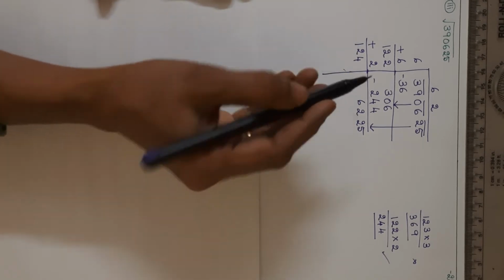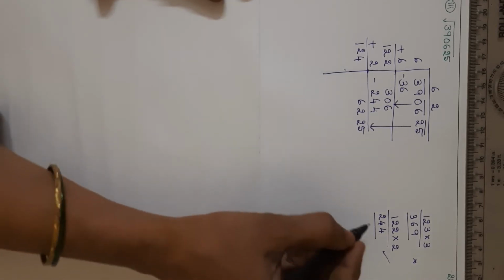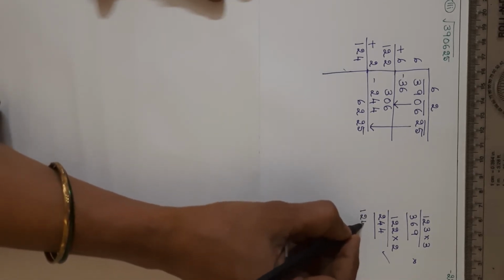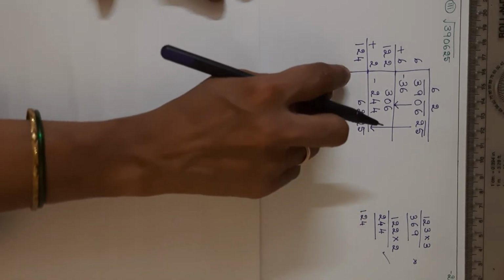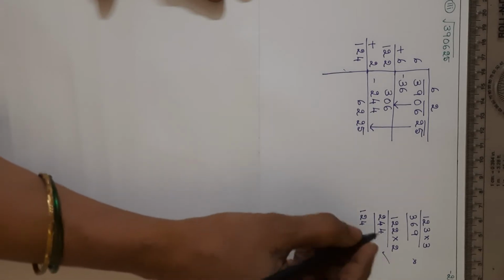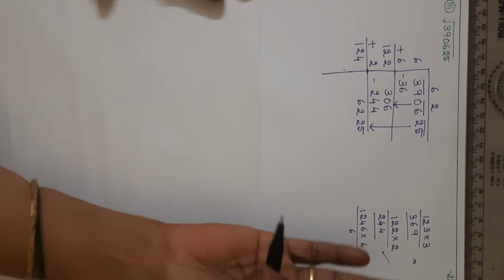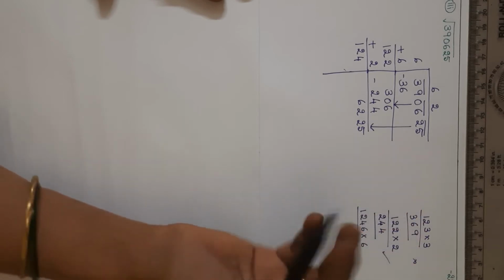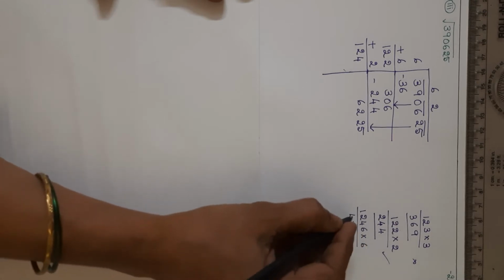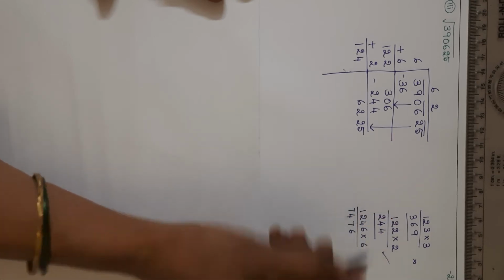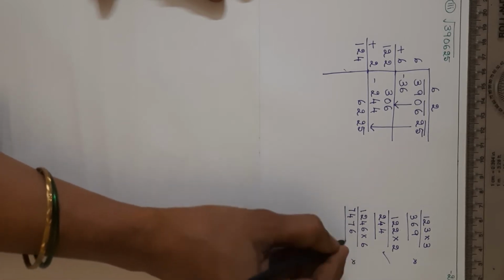1 and 6. 1 how much are 6? 1 6 are 6. This won't be. Now you know this is 5. So we have to put 5. The answer will be 5. But still we'll see. Okay, 6 or 6. 6 6 are 36. 6 4s are 24, 25, 26, 27. 6 2s are 12, 13, 14. 6 1s are 6, 7. बड़ा आया. So ये तो नहीं हो सकता है.